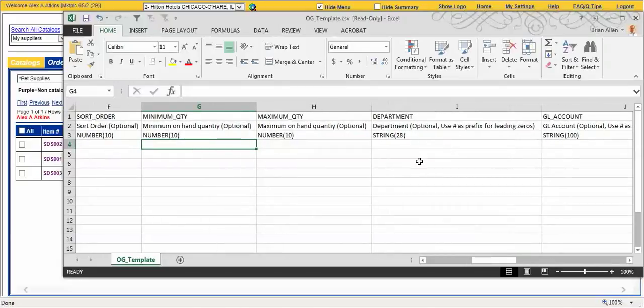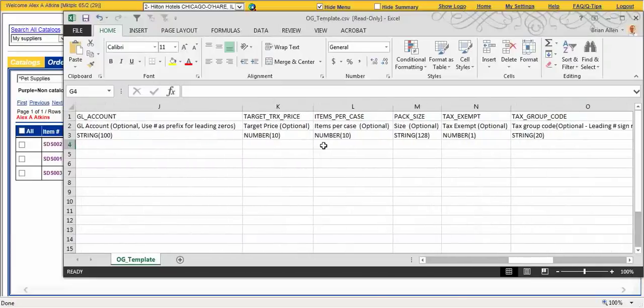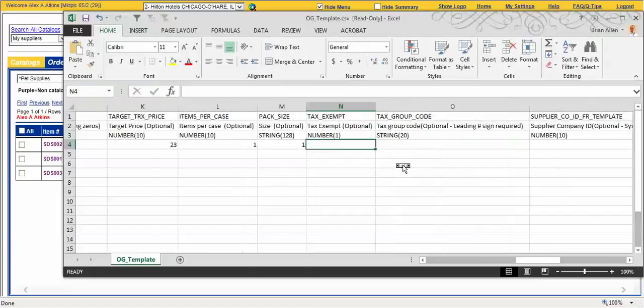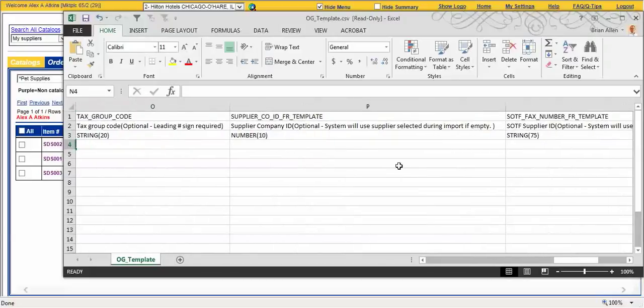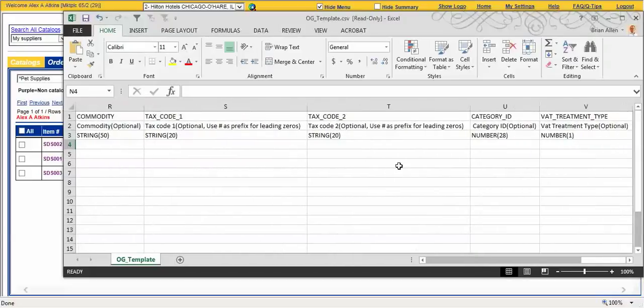If you want to add a department and GL account, you can go ahead and add that in the template. You can do target price, which will show target price in a little bit. Items per case, so we'll leave target price, we'll say 23 for now. Items per case, there'll be one item. Pack size, it's just one. If it's tax exempt, and a little bit more information out to the end. So you don't really have to worry about this. It's always best